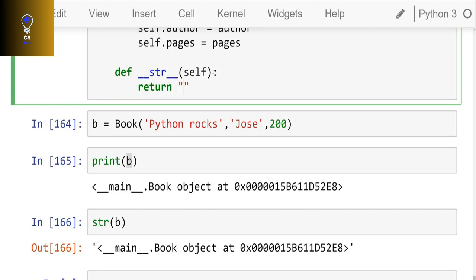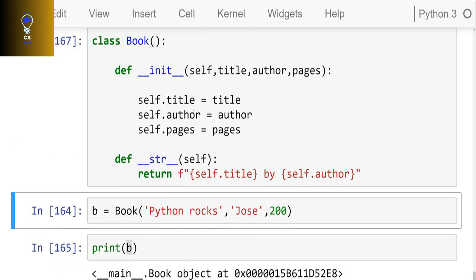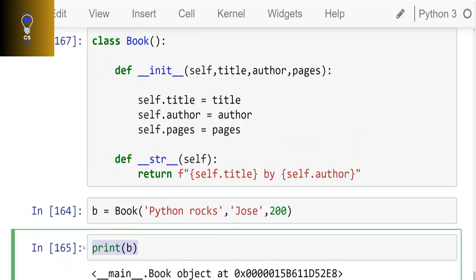So when I print out a book, it might make sense to print out a lot of things. So we'll use an f-string literal format. I will say self.title by self.author, and shift enter here. So when I call print, the print function asks the book object,